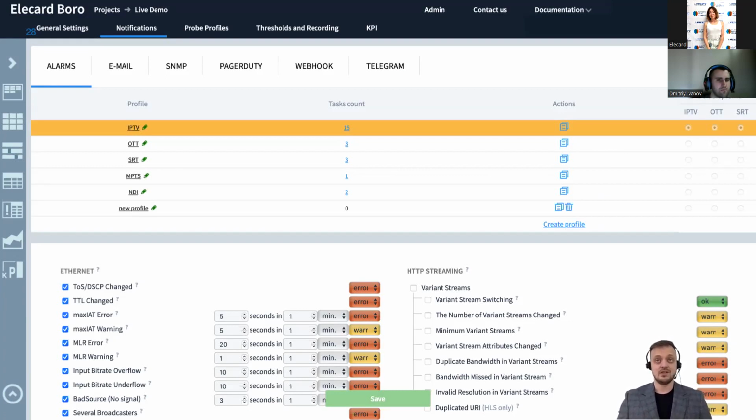For example, if you have a system that you know works perfectly, you can configure it to create only logs, effectively just gather the information and send it by email every once in a while. So maybe in a couple of weeks or once a month for you and your engineers to parse and review. You can also configure Boro to notify you by email, webhook, which is practically an API at this point, Telegram, and even configure it to have a sound alarm blare at maximum volume if something goes wrong.